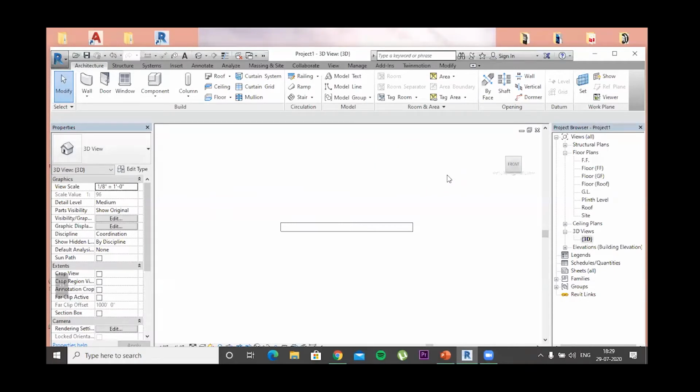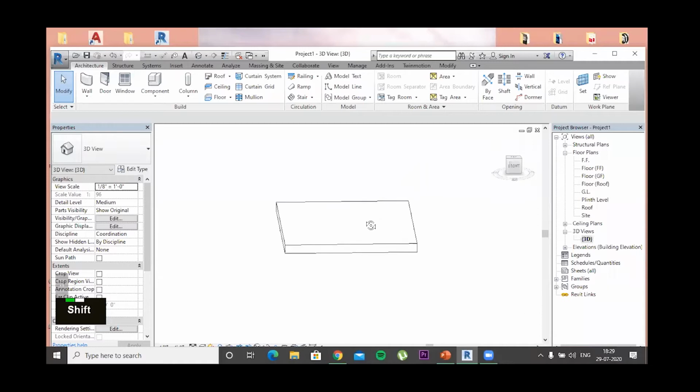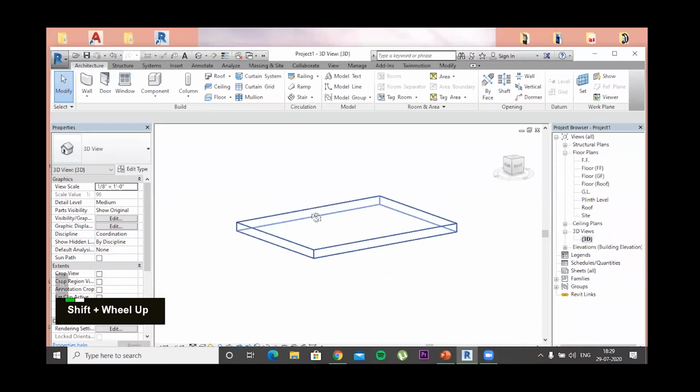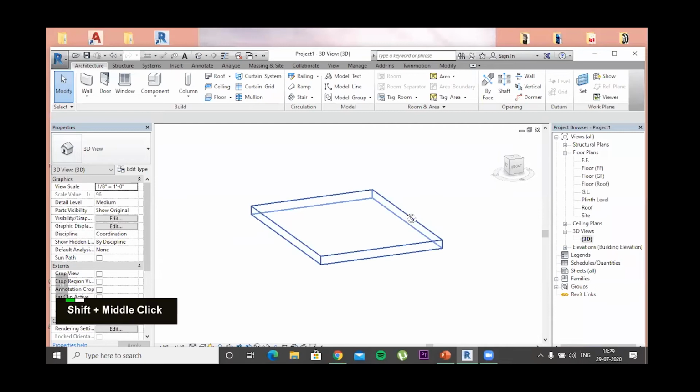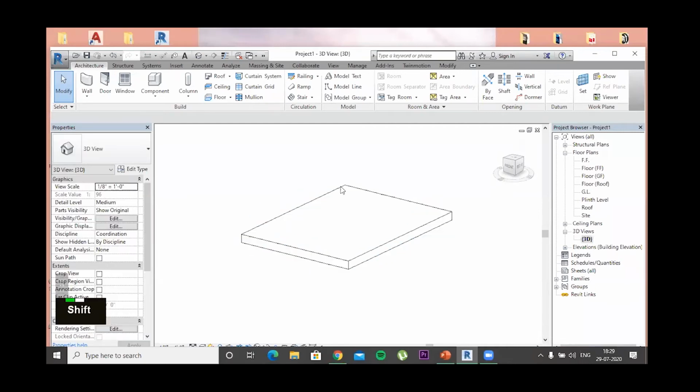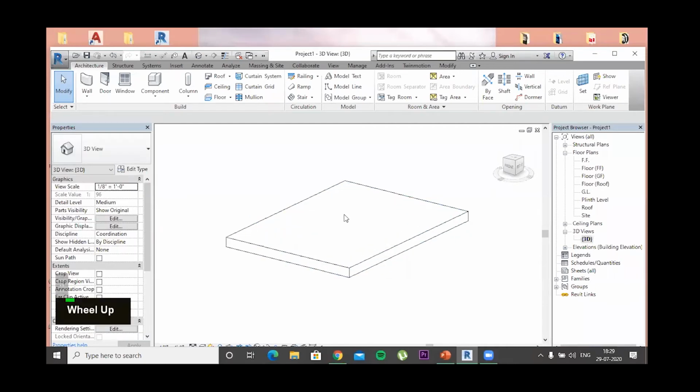But when you select shift plus middle mouse, then you can move around the object and its angle will also change. The angle of view you can change through shift plus middle mouse. Okay, shift plus middle mouse. And if you wheel up, you will be zooming in, wheel down, you will be zooming out.